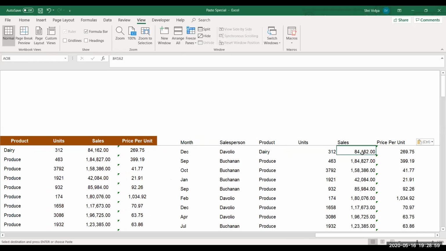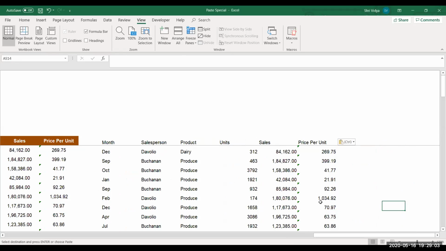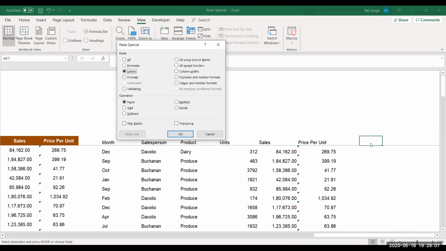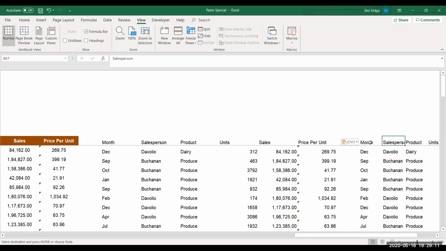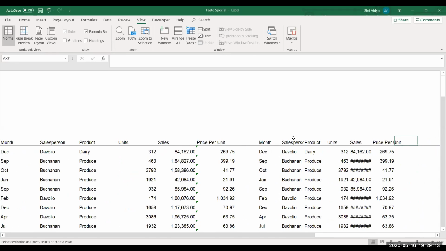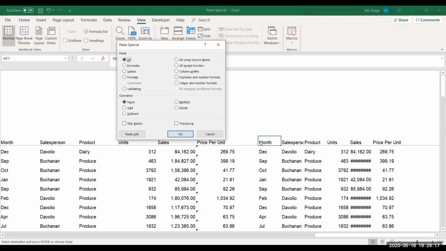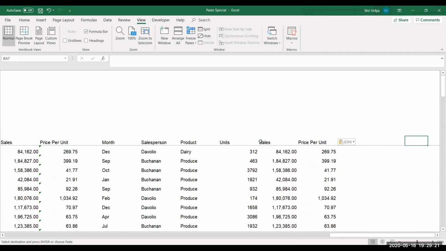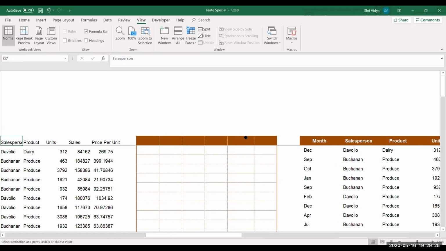Even the number format is retained, but the cell formats are removed. Now same thing you can achieve for values and number formats as well. See, if I give this, it will paste as values, but the number formats are retained. That's the advantage of it. Okay. So these are the first set of your paste special options.